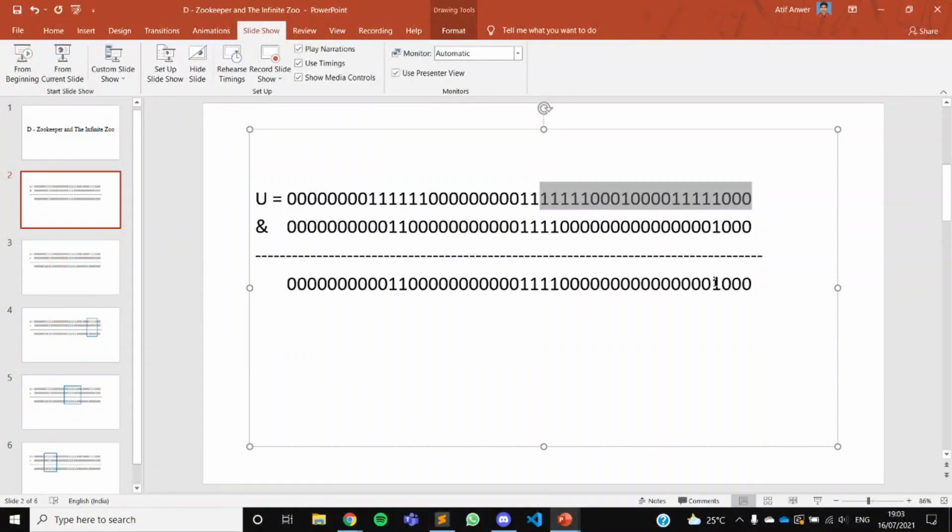So if you have a set bit here in V, you go at every position here and check if the number of ones in this section, the least significant bits, you have enough set bits here.